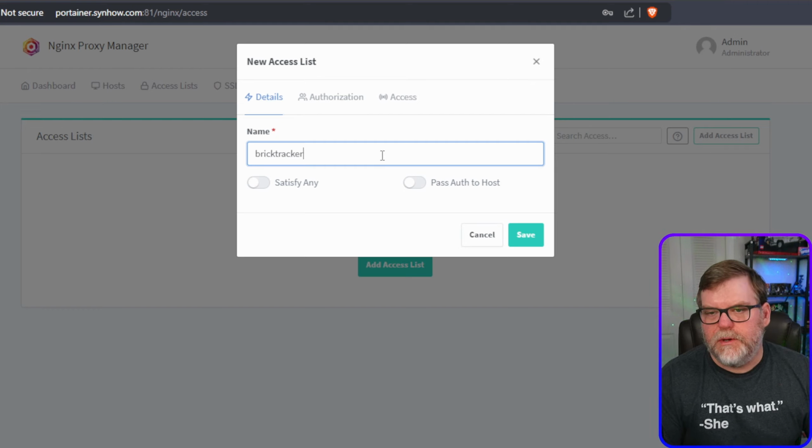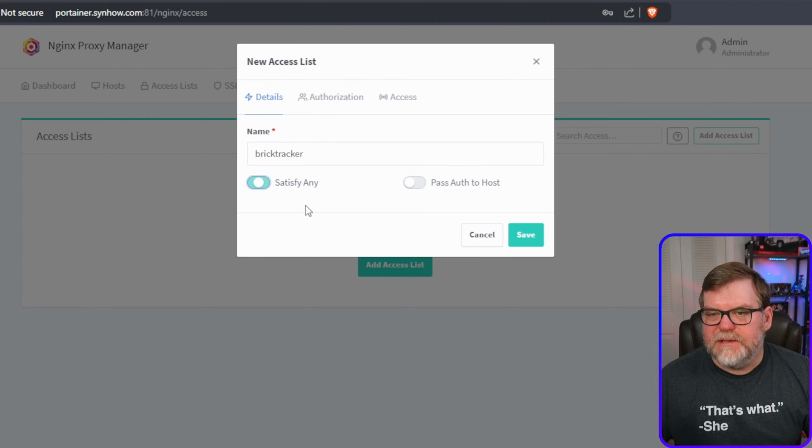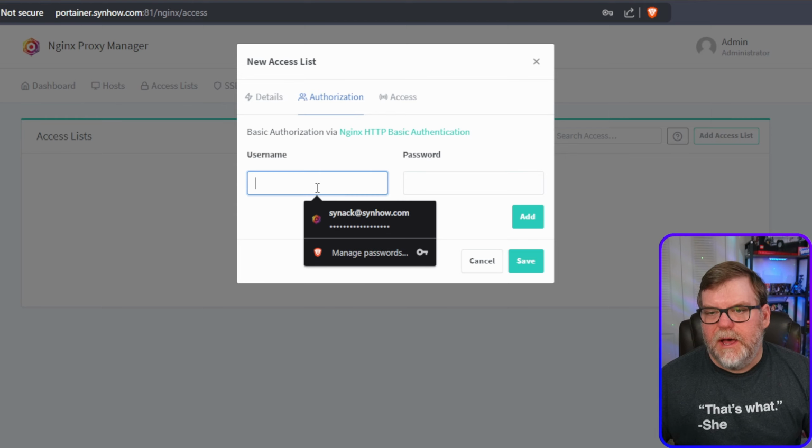You can call it whatever you want to. I mean, you don't even have to reserve it specifically for BrickTracker. This just could be an access list that you set up for whatever services that you have that need this extra protection. All right, so I'm going to satisfy any. I'm going to go to authorization. I'm going to type in a username and password that I'm going to use to authenticate to get on to